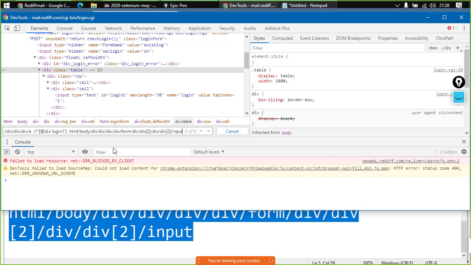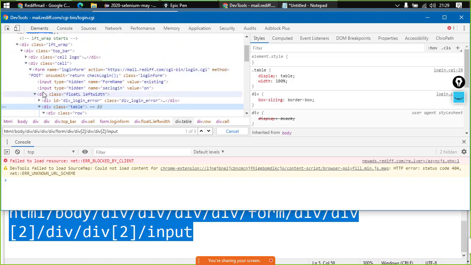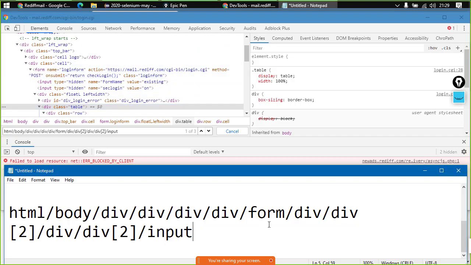and here I made a mistake. I copied the whole thing. Now you guys notice something. Again we are getting three elements. We just need to see one of one. Okay, so we have got to this particular point, right? This one is the second one. Then inside form, there is only one div tag, so we don't have to worry. But before form, the div tag is the second one, right? So this one is the second one, right?